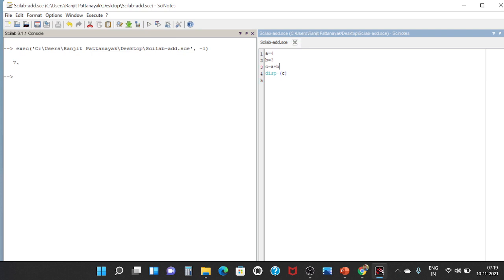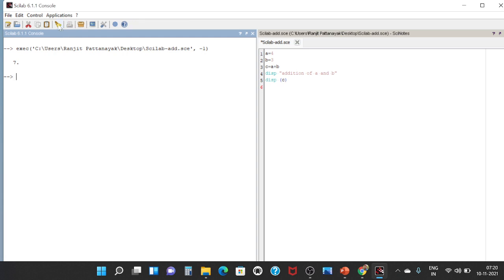Here you can also write display addition of A and B. This line will display only this text in your console window.